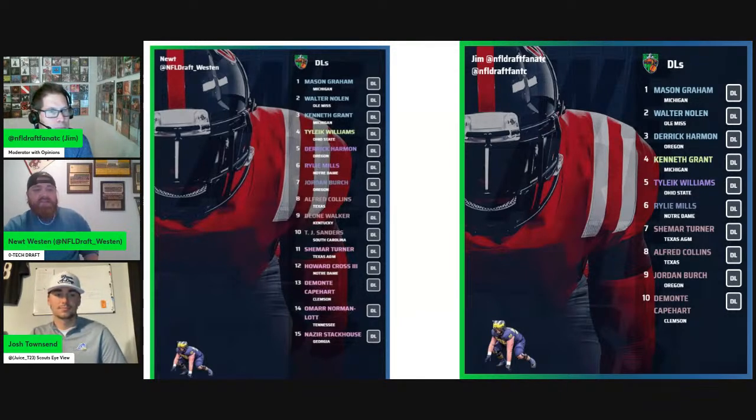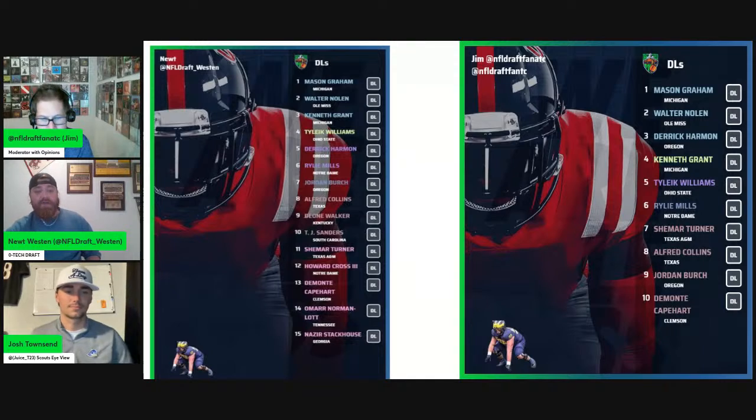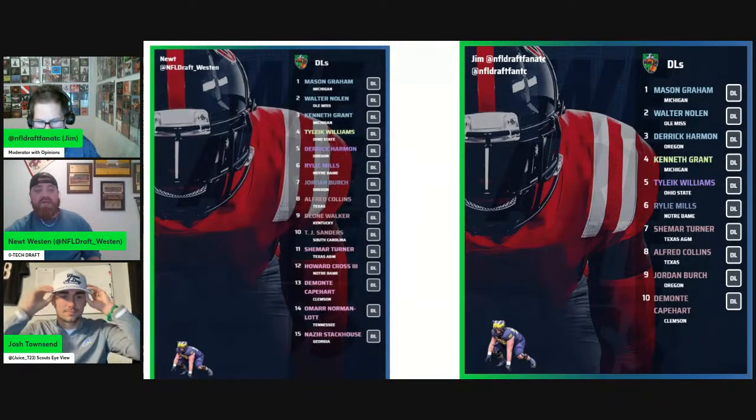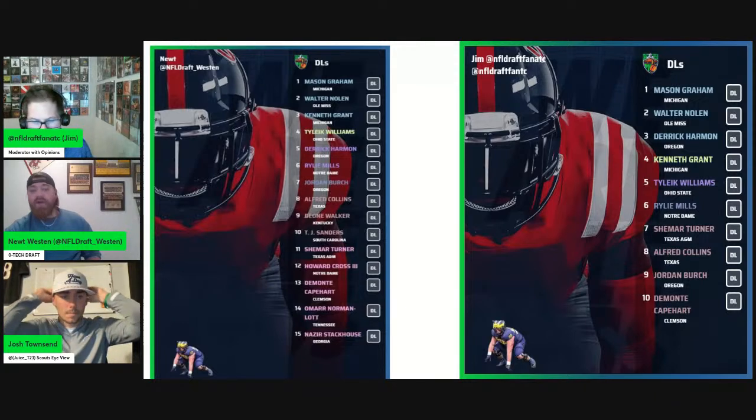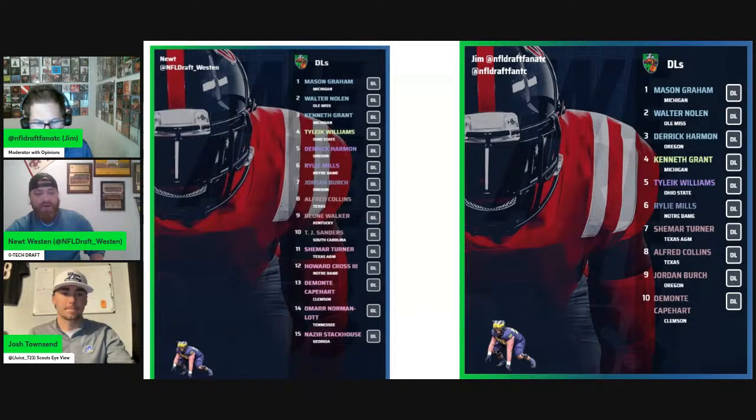I think Tyleik is the closest to what you see is what you get. But with that, I don't even think that pertains as true to him. Like I said, I think he can develop the tools. He's a good enough athlete. He's coachable enough where he can develop into, I'm not saying a stellar third down pass rushing defensive tackle, but I think he can be a presence that is consistently pushing the pocket back.